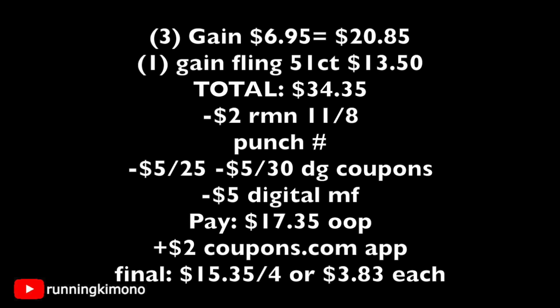After that coupon is scanned, you punch in your phone number, your $5 off of $25 and the $5 off of $30 general coupons are coming off, along with $5 of digital manufacturers. The $3 for the 51 count of the flings plus the $2 for that $6.95 Gain product. So you will pay $17.35 out of pocket. This does not include your tax. And then you're going to make a $2 submission for the fabric enhancer to coupons.com, and you will get your money back via PayPal. So the final price for this basket is $15.35 for the 4, or